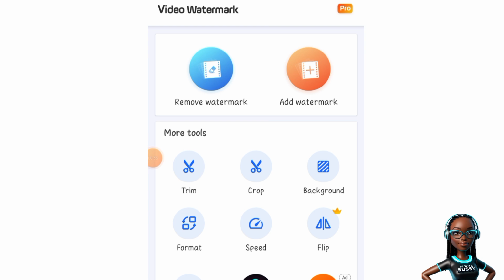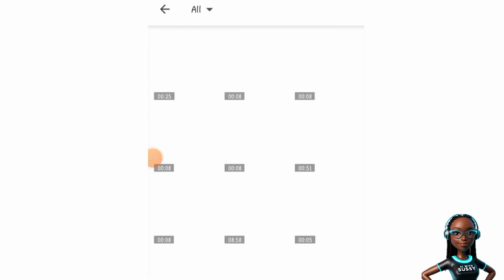It is an app on my Android device, and I also drop the file to this Video Watermarks remover on the WhatsApp channel. So I'll drop the file there so that you can always view it and you can always download it. So to remove watermarks from your animated videos for free, and this is also a pro version. So for this, I'm going to come here and click on remove watermarks,